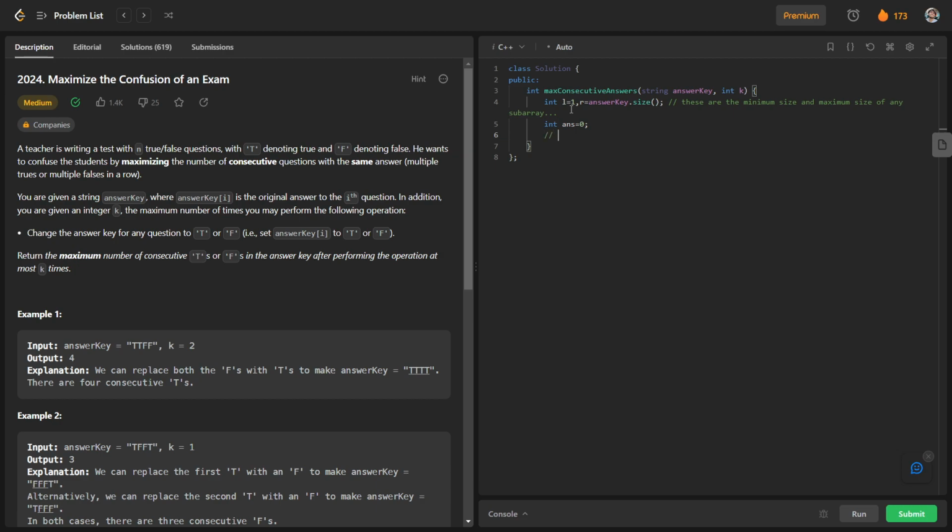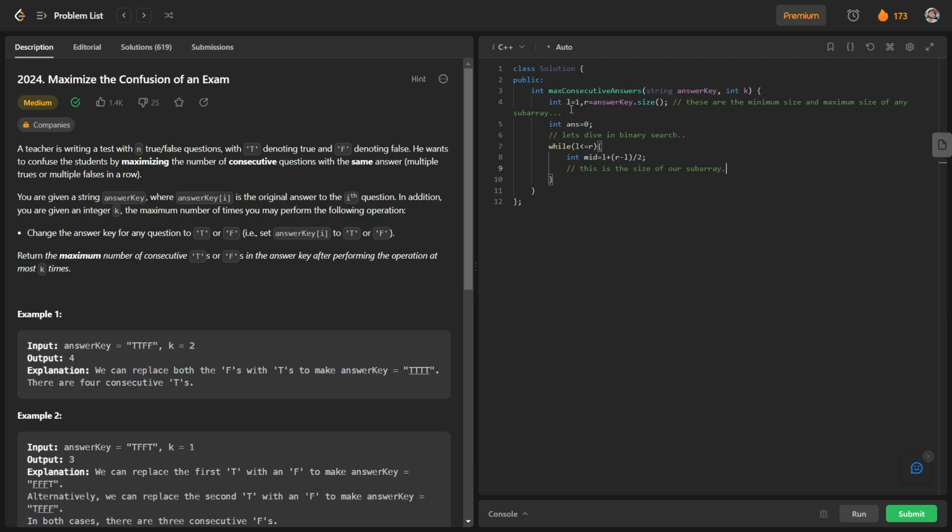Let's dive into binary search. While L is less than or equal to R, we will compute our mid as L plus (R minus L) upon 2, and this is the size of our sub array.